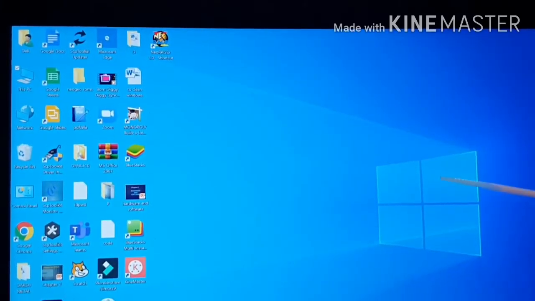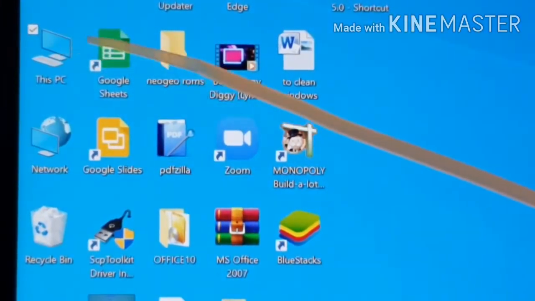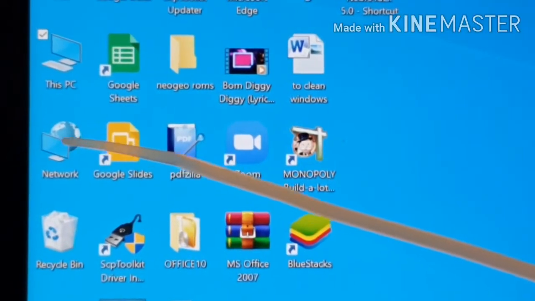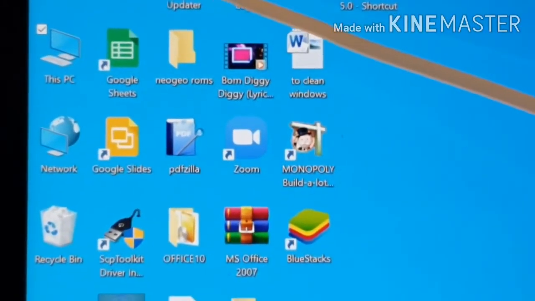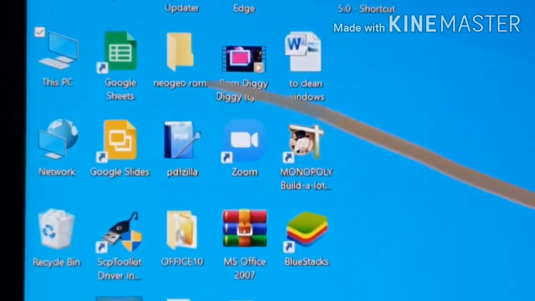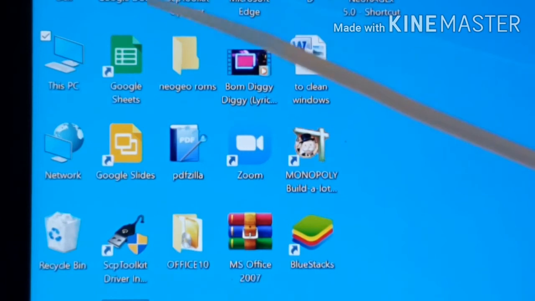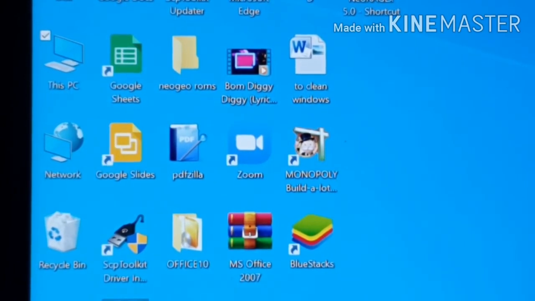Yeah, this is my desktop. These are the many icons we can see. This PC we have discussed. This network icon we have discussed in our presentation. Now these are the shortcut icons we can see. We can see the black arrows, which means these are shortcut icons. These icons or applications are not actually on the desktop. They are in another folder, but we have created shortcuts of these applications here on the desktop so that I can easily use them. Okay, these are called shortcut icons.